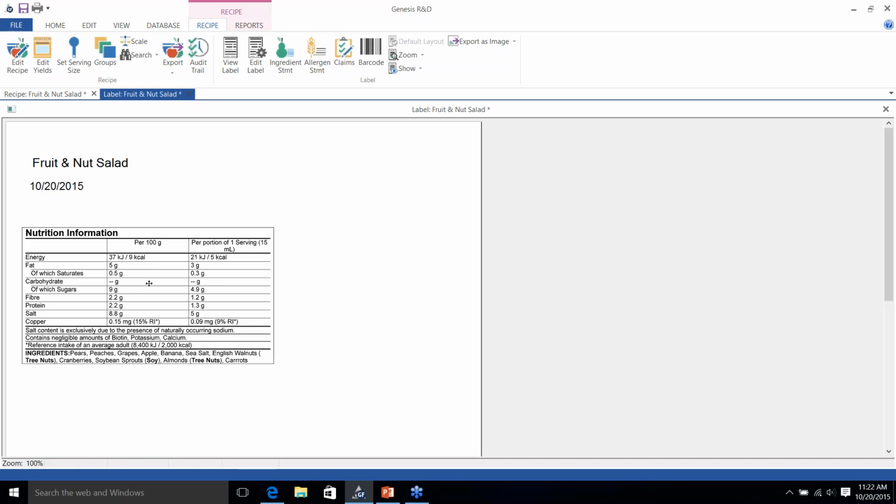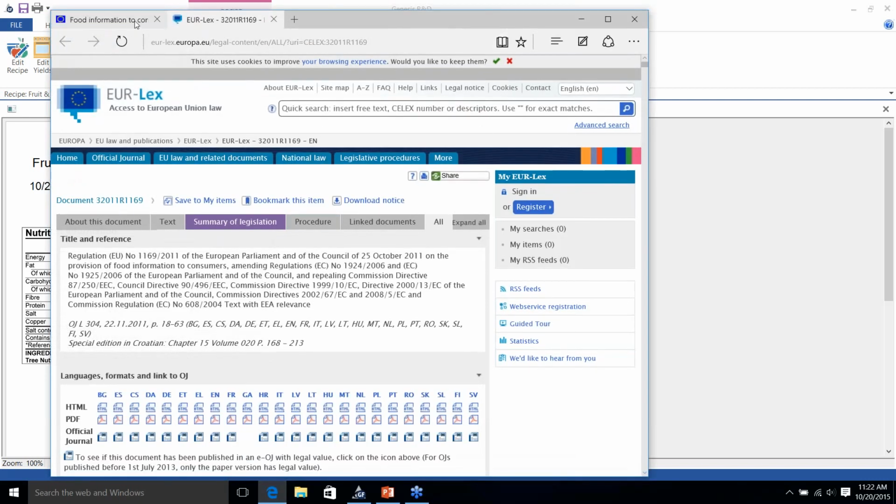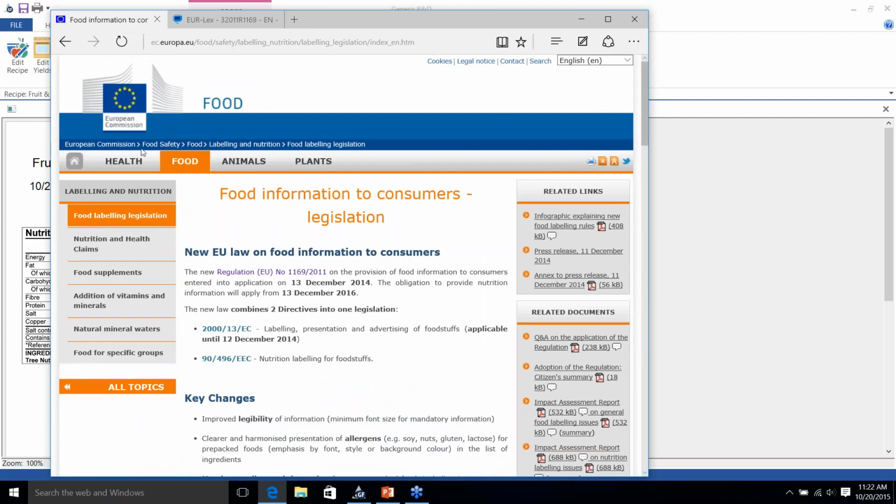Where can I find the EU food labeling regulations? Great question. It's a little bit longer, and I'll take you back to my browser here. It's hard to denote the regulation link itself, but inside of the slides, or inside of our follow-up email, we'll make sure the links are available to you. The easier way is to go under the European Commission, and you have to dig down a little bit deep,